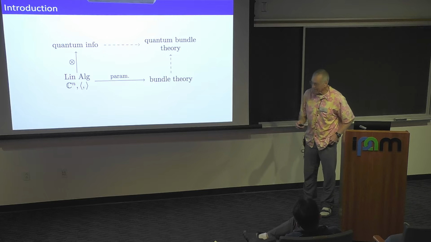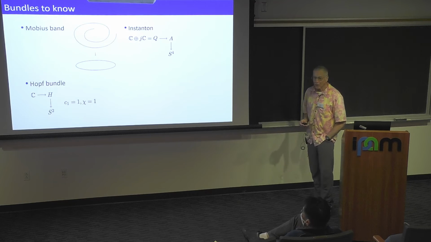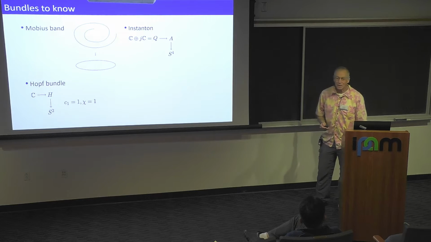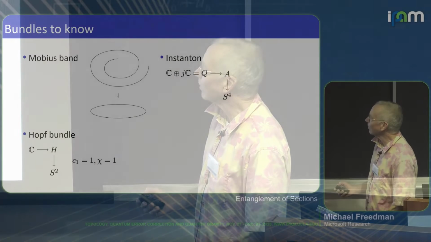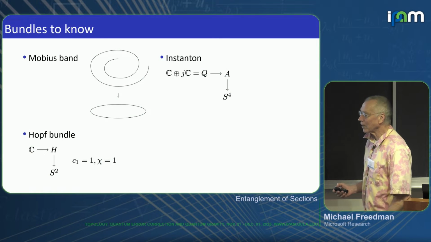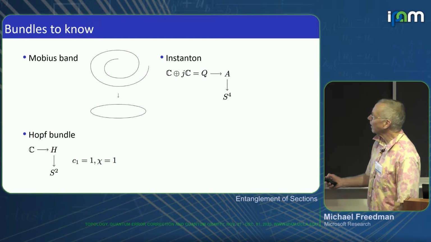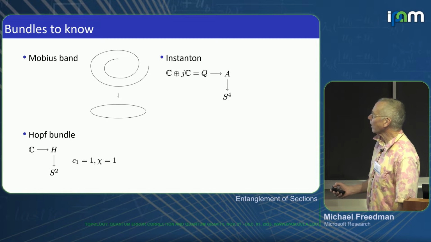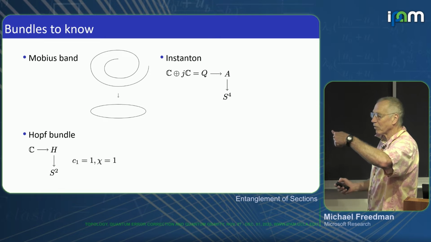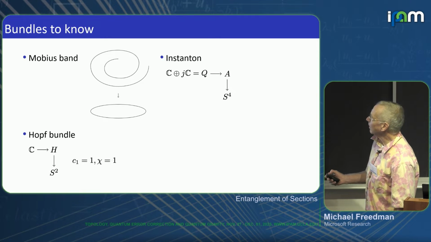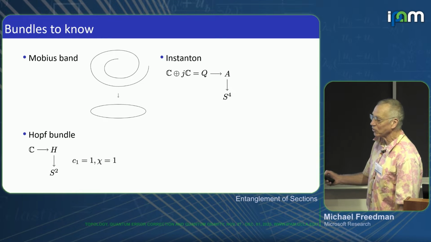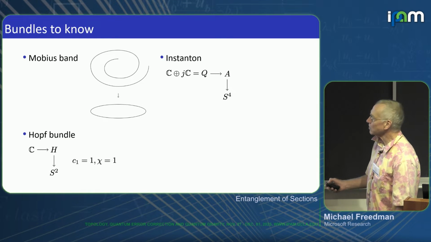Okay, so I want to remind the audience, since some people are not topologists, of what a bundle is. So this is my slide on topology, what a bundle is. So let's just work up in the most elementary way. The simplest bundle that's not a product that you'll ever see is the Mobius band, which is an interval bundle over a circle. And I've just drawn here, metaphorically, the boundary of that interval bundle. So it looks like a two-point fiber over the circle.